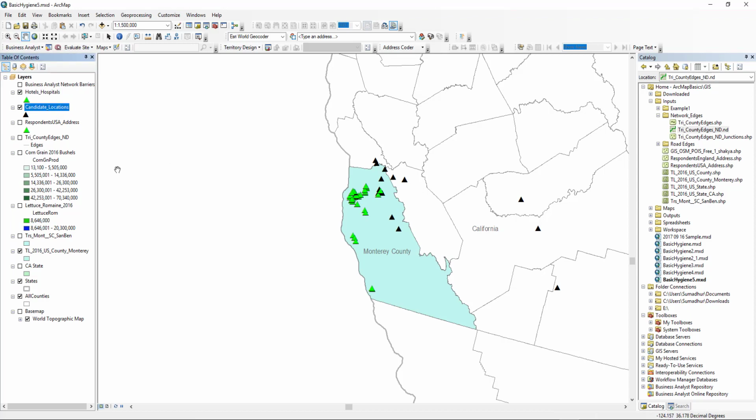Now, the first thing I want to do is minimize the number of candidate locations I have, because I see some of the locations are outside the area for which I have the edges. My edges are only for three counties, whereas there are some locations that fall outside that zone. So if you see here,